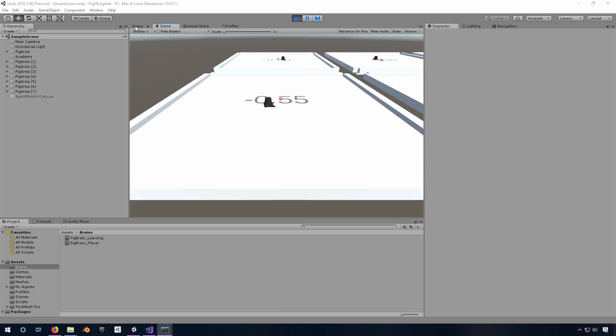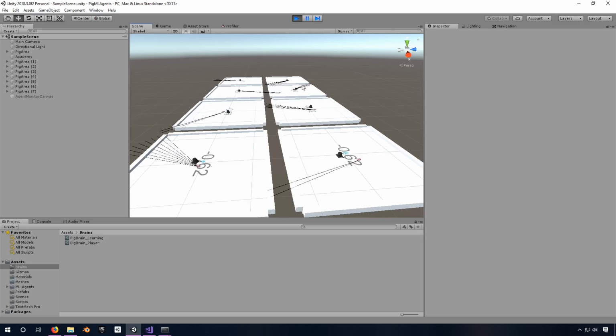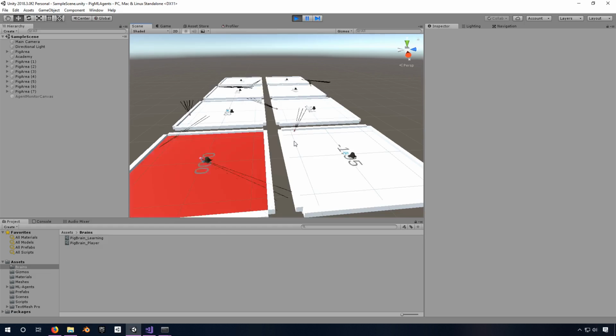But eventually, you're going to see that some of them start learning. They're going to accidentally run over one, and then they're going to say, oh, that worked well. I'm going to start doing that again. So we're starting to see some green here. This means that they're succeeding. And you're going to see green more frequently than the red, most likely, because the red only happens when they get to -5. But they should make some progress pretty quickly, but the way that they do it might be